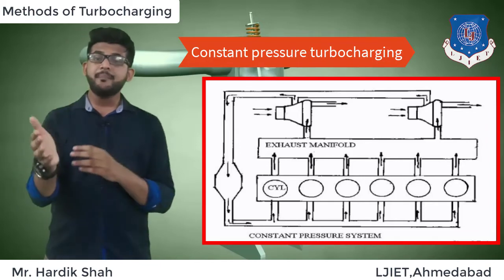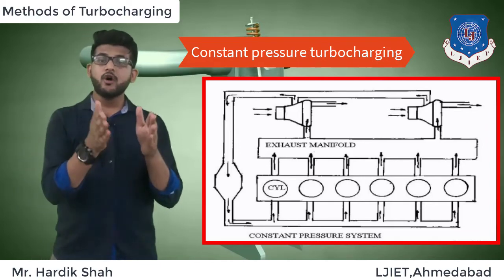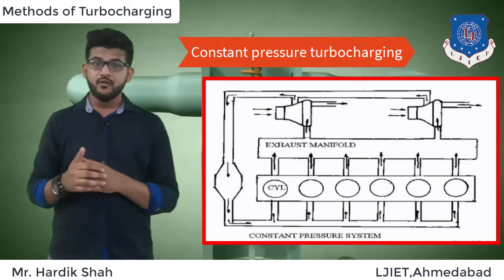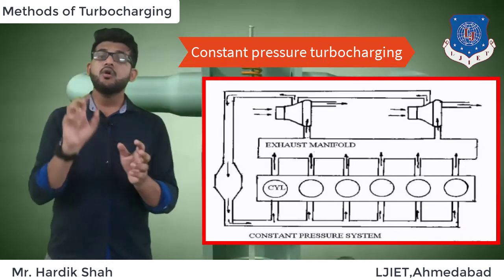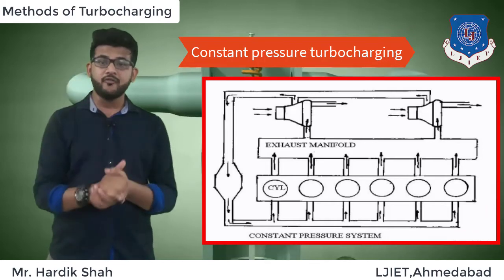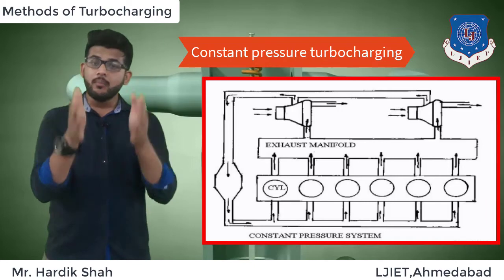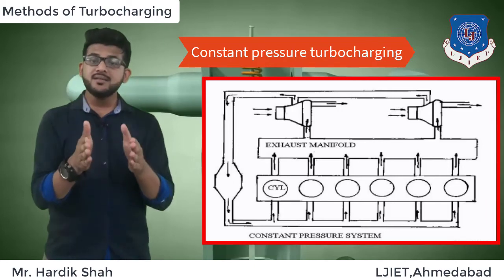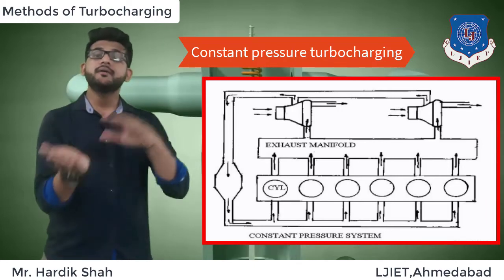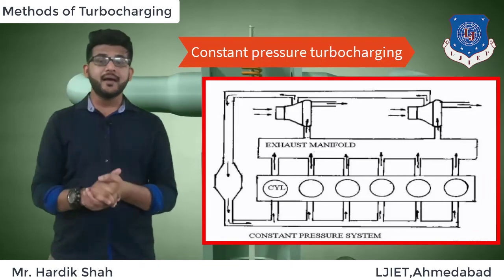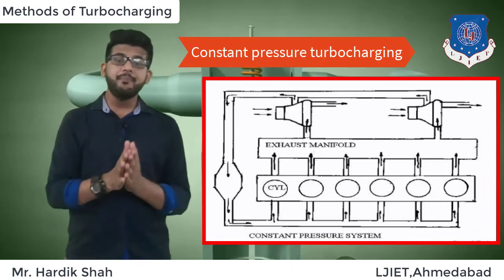The exhaust gas from all the cylinders is expanded through the exhaust valve of the engine in a constant pressure mode into a common manifold to deliver to the turbine. Thereafter, from the common manifold, exhaust gases are supplied to the turbine, where they expand to produce mechanical work. Now what is happening in the turbine?